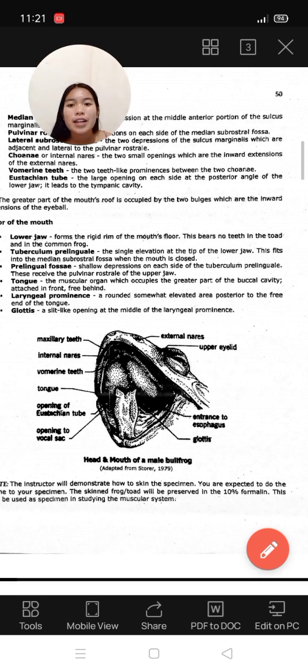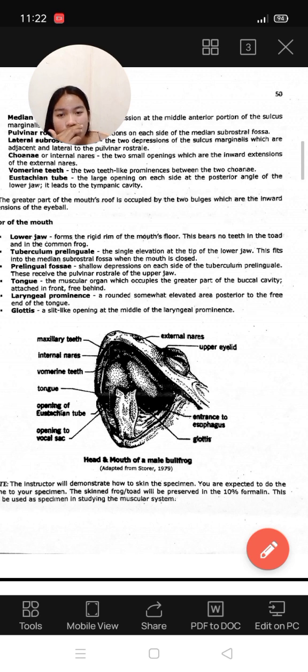The tongue is the muscular organ which occupies the greater part of the oral cavity, attached in the front, free behind. So, the tongue is an adhesive tongue used to capture fast-moving, elusive prey. For this, the tongue is moved quickly and adheres instantaneously to various prey surfaces. Next is